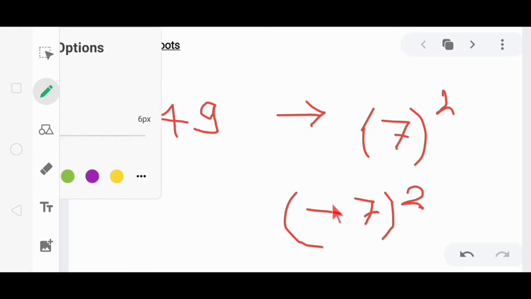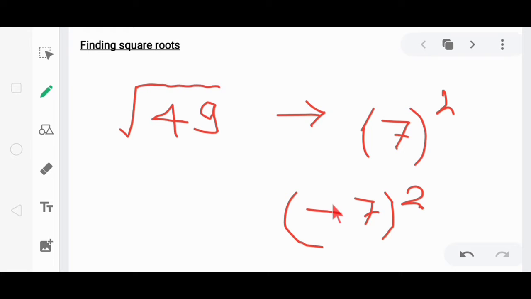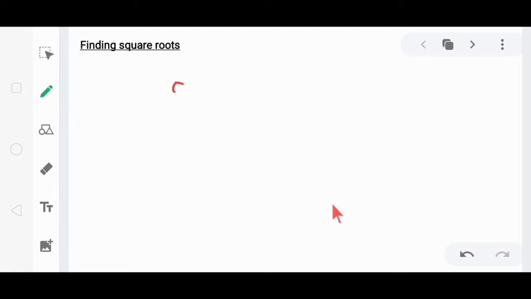And positive square roots are represented by a symbol which is known as the radical sign, and that is expressed on 49. We are given a square number like this, 81, and we have to find the square root of this 81. You can put this sign here with 81, which is the radical sign, and the result is plus 9. You can take minus 9 as the square root of the number, but this radical sign shows you the positive square root. Therefore, you take 9 as the square root.